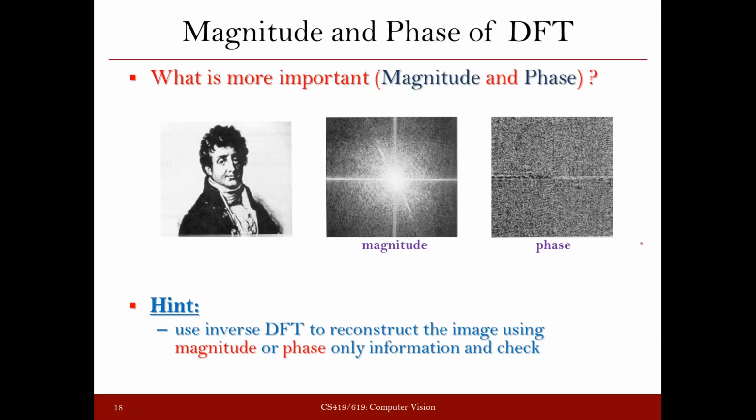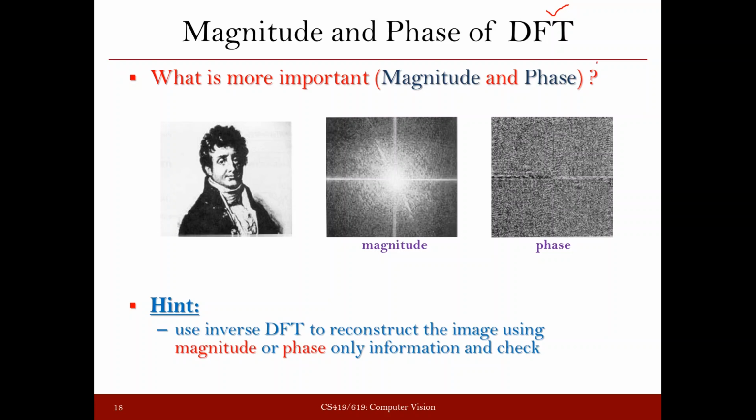Okay. Fine. Now let us move to a new topic and discuss, out of magnitude and phase in the DFT, which one is more important? We have discussed that if you have to reconstruct your signal back from the frequency domain to the spatial domain, both are required. Magnitude is required, phase is also required. But now we are going to discuss comparatively which one is more important. Let's say we have to compromise on something: will you dilute the magnitude or will you dilute the phase? Just in that reference, we are discussing which one is more important.